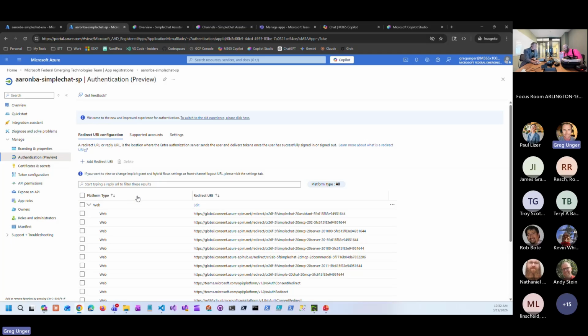Here, I have the actual app registration in Entra that Simple Chat's using. Now, I overloaded this app registration so I could also use my MCP server. In the end, best practice would dictate that you're going to create a separate app registration for your MCP server to identify it, separate from the Simple Chat app registration. But you can know that for simplicity's sake, you could reuse the same app registration for both. That's the only takeaway from this screen.